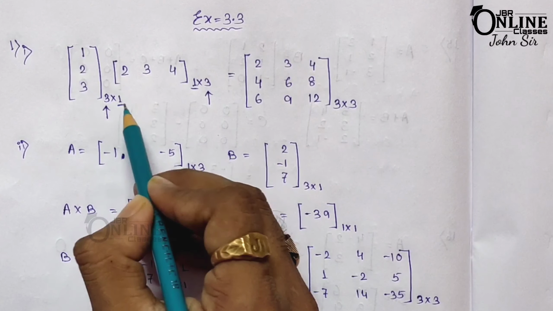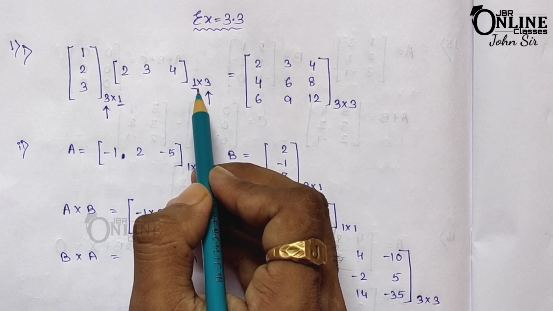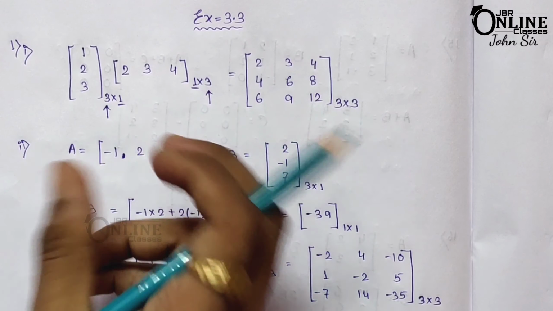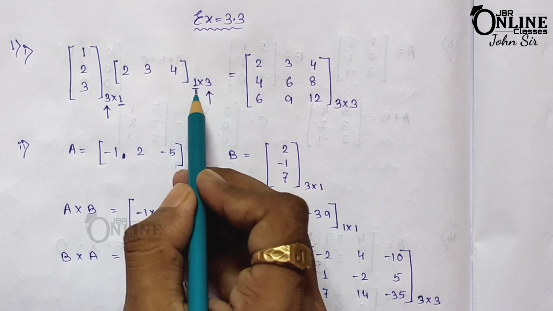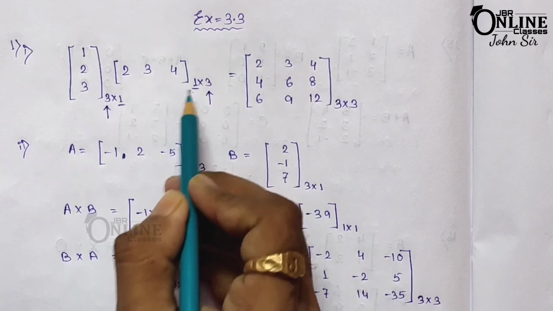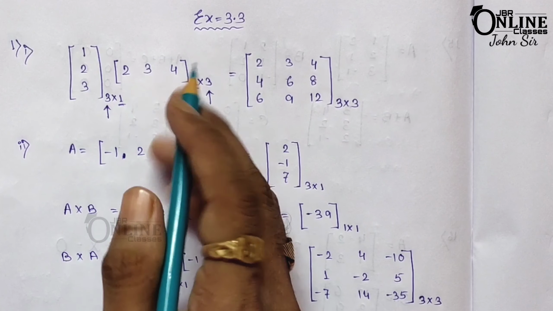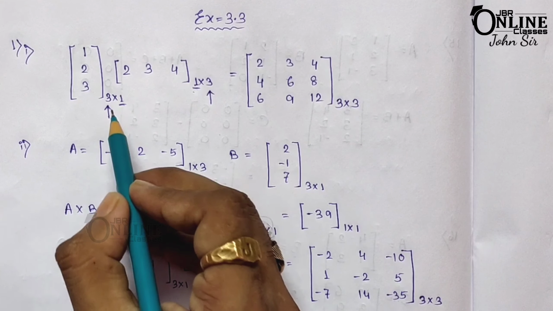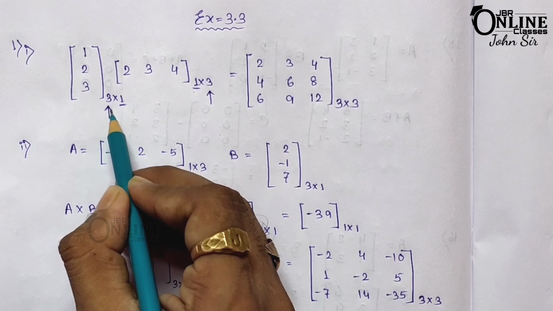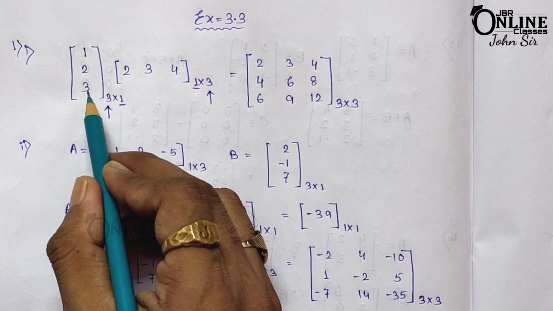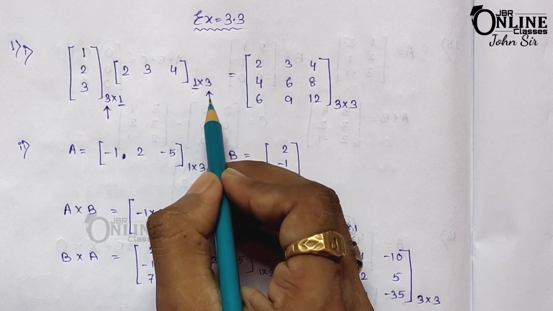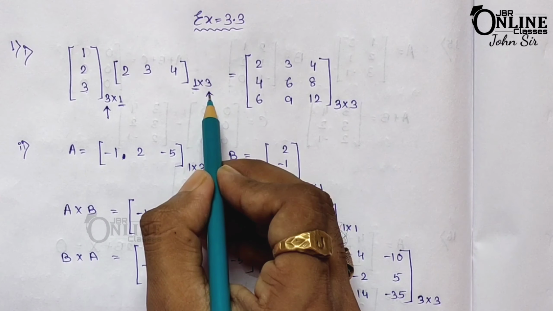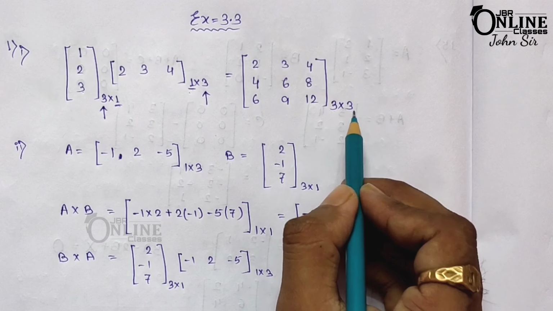Remember that if there is 1, then there will also be 1. Your answer, the order of the product matrix, will be: first you write the row of the first one and then the column of the second one. Here 3 and here also 3, so your answer will be 3 cross 3